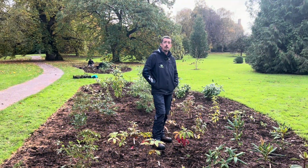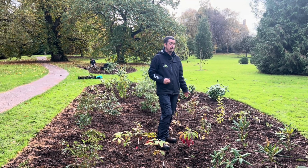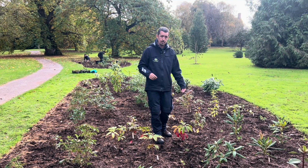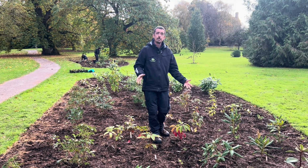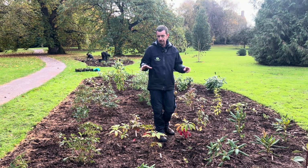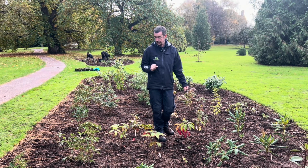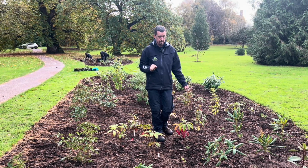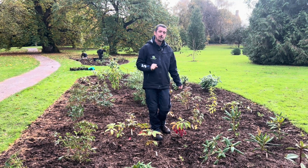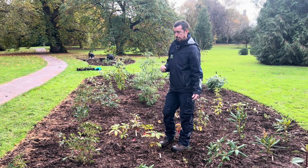So we're now in the upper arboretum, and I'm in the first of the new beds, the nursery beds if you like, but these are outside in the gardens rather than in our private kitchen garden. So this is giving people a chance to see what's being grown on. And we're going to put up a little information sign explaining that all of these guys were collected as tiny little microscopic seed in the mountains of northern Vietnam, and 4, 5, 6 years later this is what you're looking at. So it's by no means instant gardening, but the results are pretty amazing, because come spring quite a few